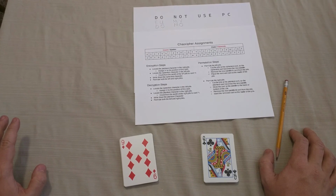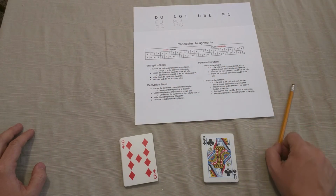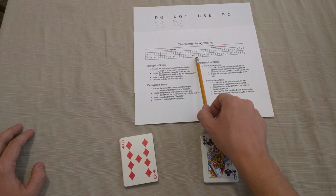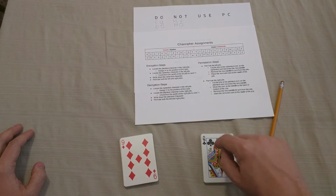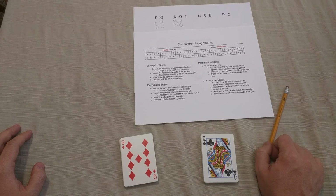So I would challenge you to work through those examples with playing cards and see if you can execute those correctly. He will give you the alphabet order, so he's just going to give you an order of alphabets for the right and left alphabets. So you will need to use this table to correctly put the cards in the right order in the right and left alphabets before you can move forward. Anyway, that is the Chaocipher